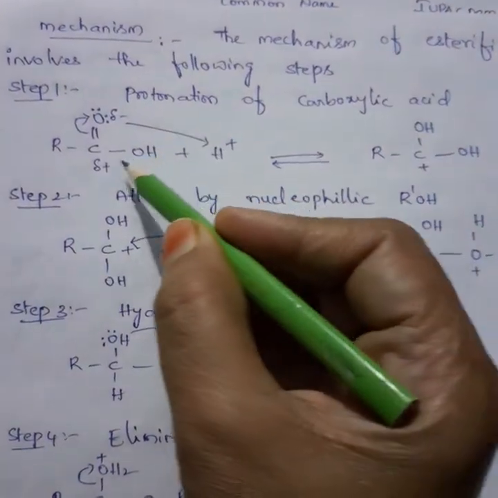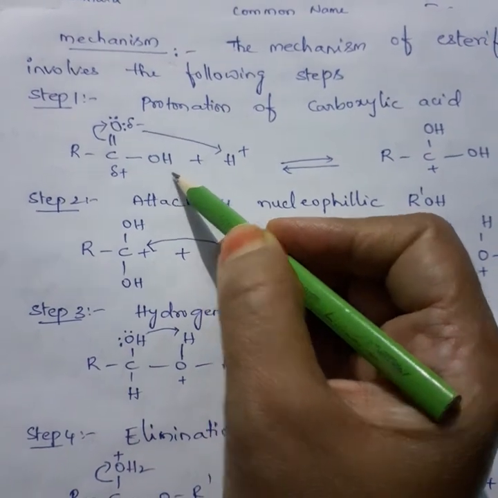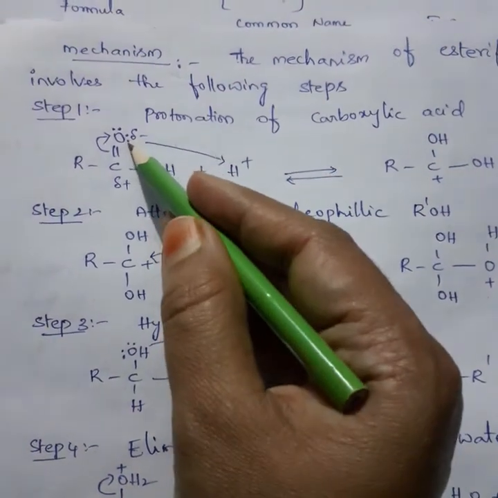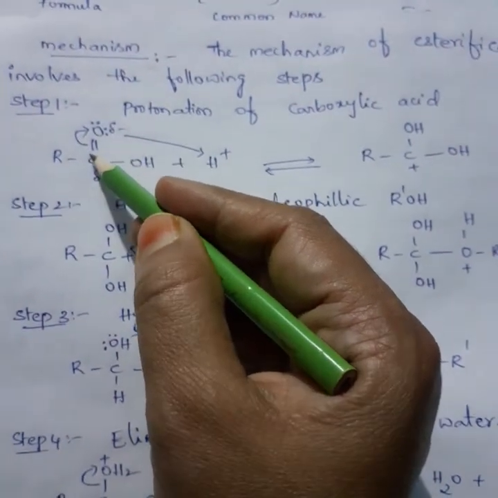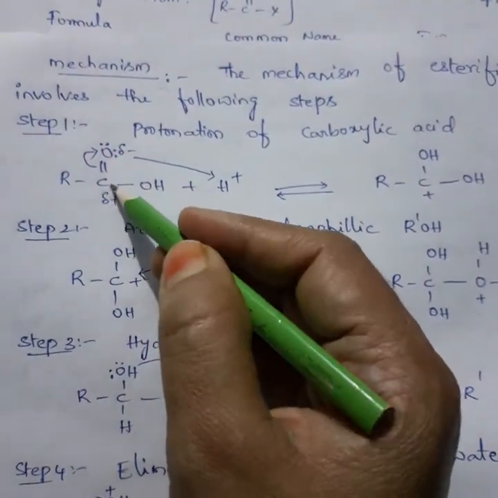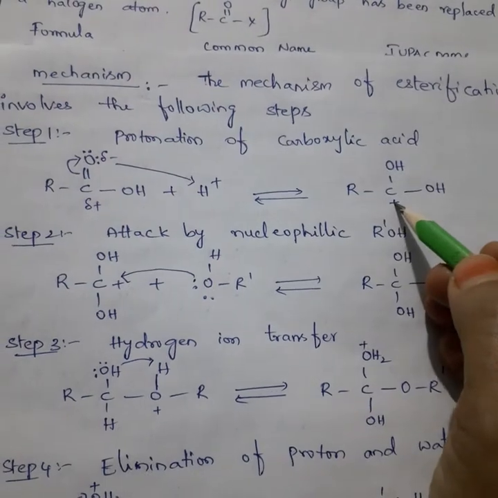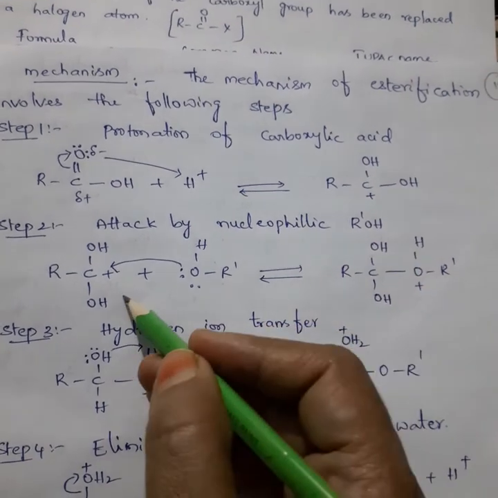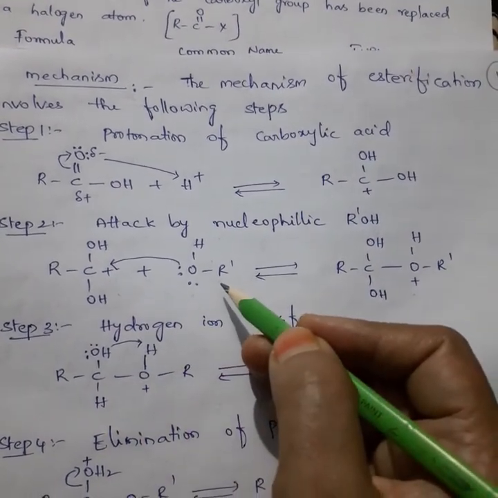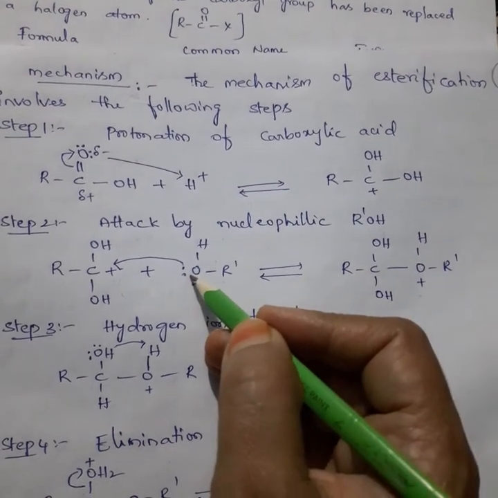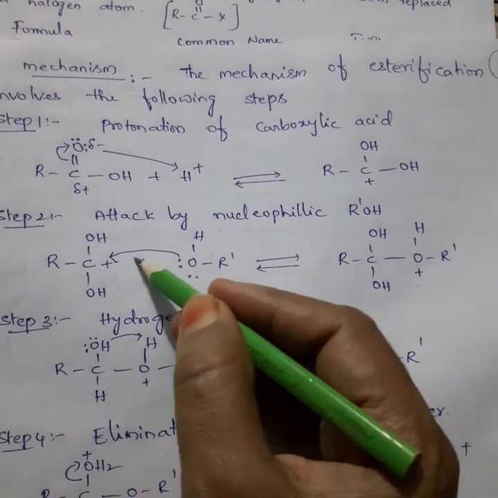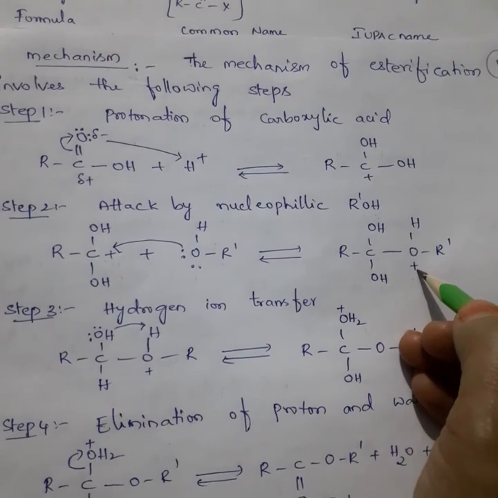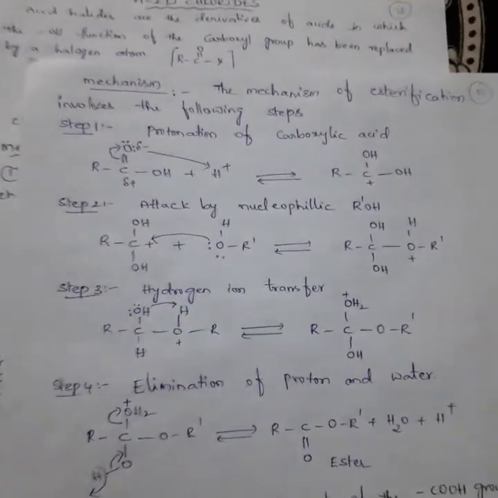Mechanism we will see step by step. In the first step, see, this is the general structure of the carboxylic acids. Because the experiment we are doing is in the presence of acid, H plus ions will come towards the more electronegative oxygen. Because the bonded electrons are shifted towards oxygen, carbon will carry positive charge. In the next step, attack by nucleophilic ROH. The obtained carbonium ion combines with the alcohol. Here the lone pair of electrons on oxygen forms a bond with carbon, so that oxygen has some deficiency here.